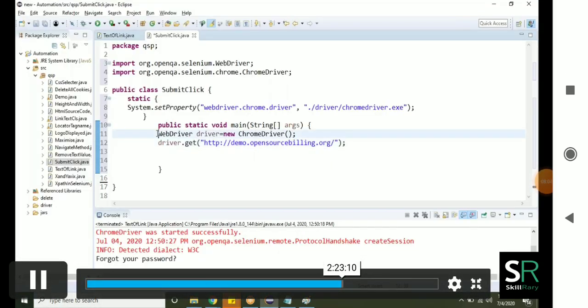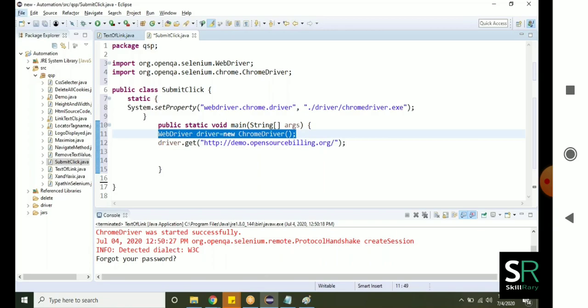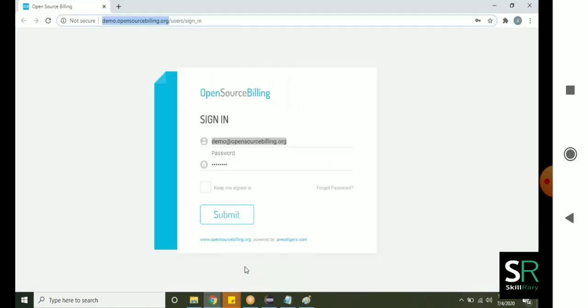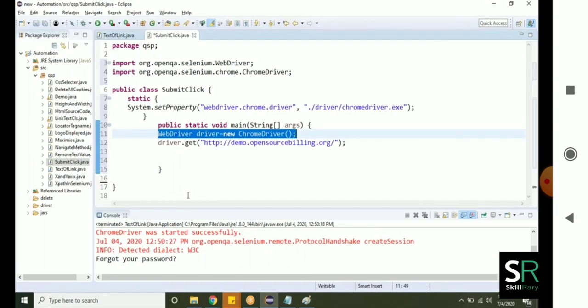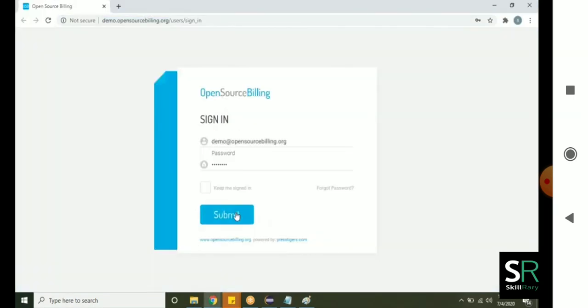Open the browser, then enter the URL. Next, after entering the URL, I want to click on this button, without using the click method. Till now, we are clicking the button using the click method. There is one more method called submit. It will also click on the button. See here, I inspect this element. Not able to do right click, so press Control plus Shift plus I.